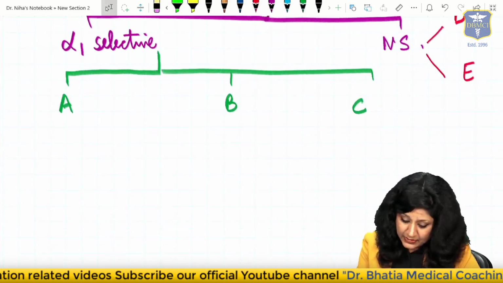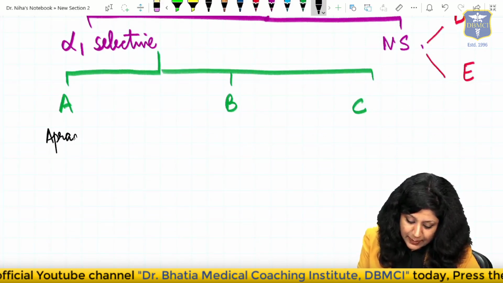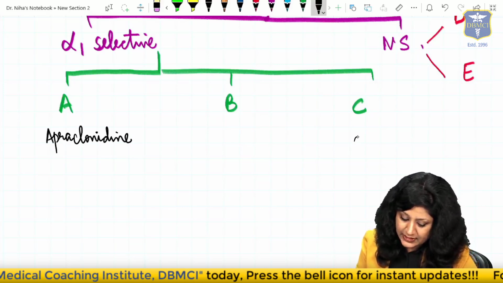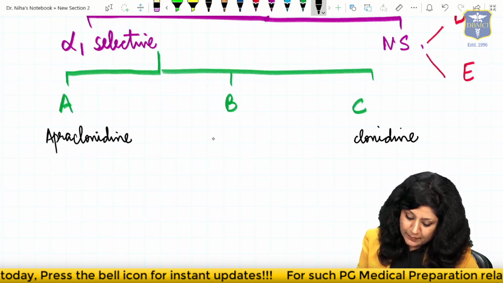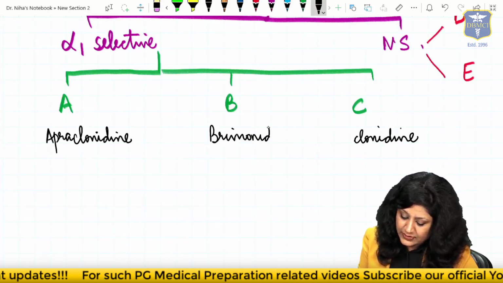Now A means what? A is your apraclonidine, which is a precursor of this C, that is your clonidine, right, and then we have B, which is your brimonidine. These are three selective drugs, and